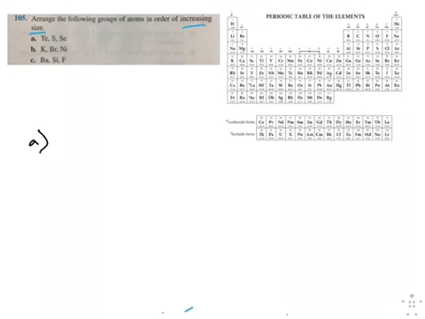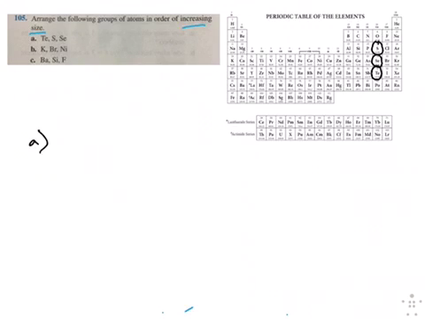we have tellurium, sulfur, and selenium. Let's find those three first. So we've got tellurium right here, selenium, and then we've also got sulfur. So this is convenient because all three elements are in the exact same group. So the trend we want to know here is that as you go down a group on the periodic table,